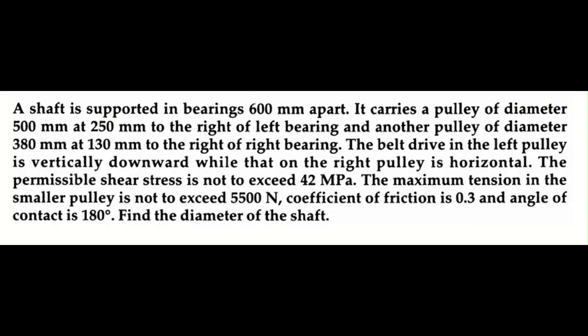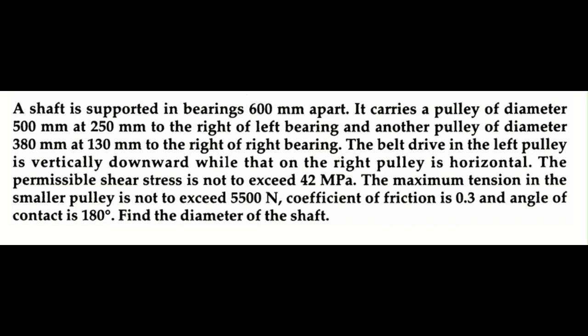This question is based on shaft. So a shaft is supported in bearings, which are kept 600 mm apart. It carries a pulley having a diameter of 500 mm, and it is placed at 250 mm to the right of the left bearing. Okay, we have two bearings, left bearing and right bearing, and this pulley, which is having a diameter